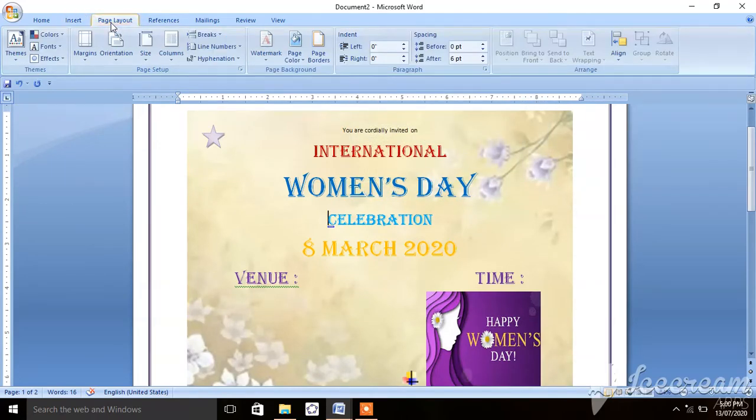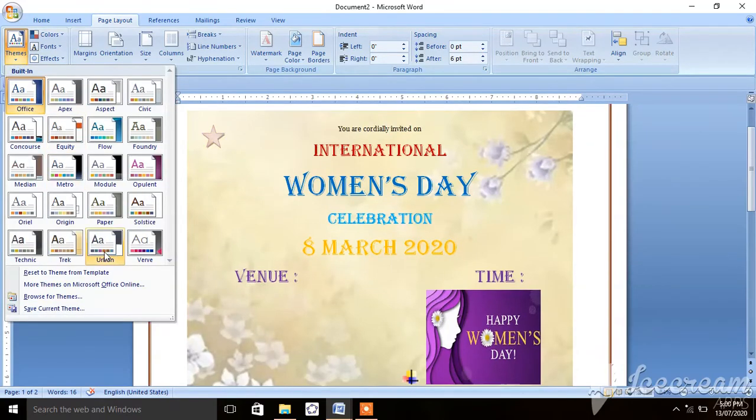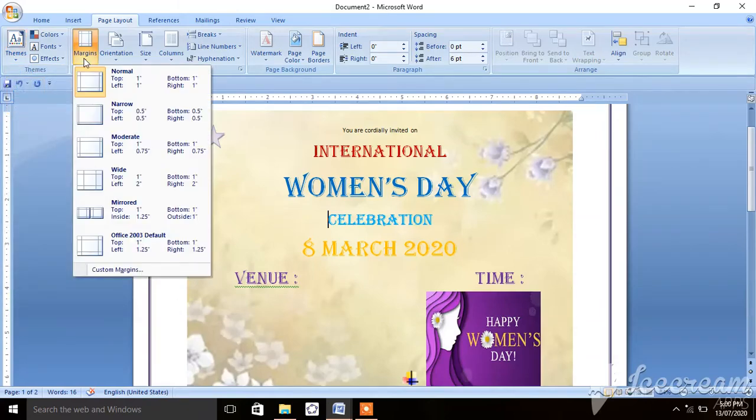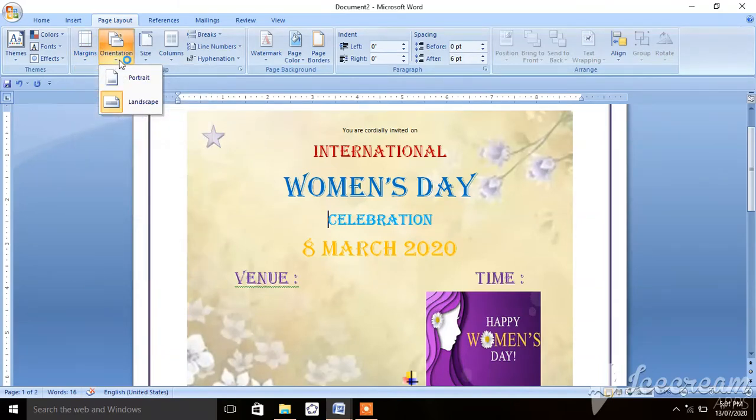Then page layout menu is used to set the margin. It is used to set the themes, means the ready-made color to your document. Then margin, you can set the margin. See, like this, so many options are given. Whatever option you like, you can choose. It is used to set the orientation, portrait page or landscape page.